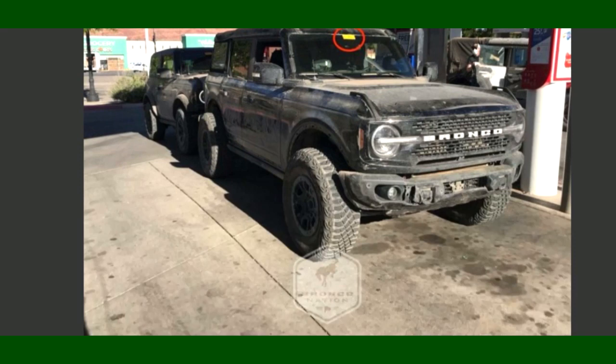And that's a good thing because you have to take them to the limit just to see what they can do. And you have to prove that you've done it. And you want the Bronco to go beyond. You want to put it in the most extreme edition in extreme conditions. So now in any event,